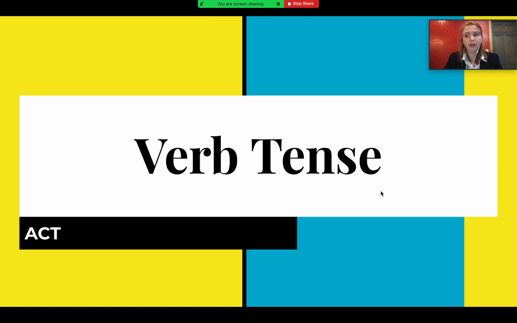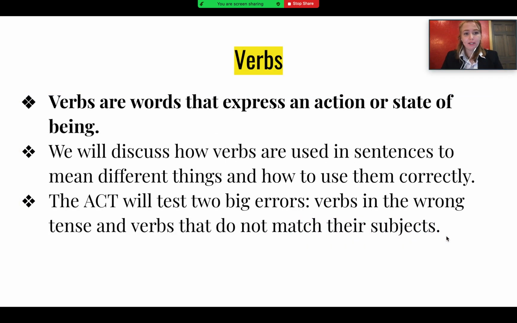We're going to be talking about a basic overview of the verb tense system in English. So tenses tell us how an action relates to the flow of time. So verbs are words that express an action or state of being. Today we are going to discuss how verbs are used in sentences to mean different things and how to use